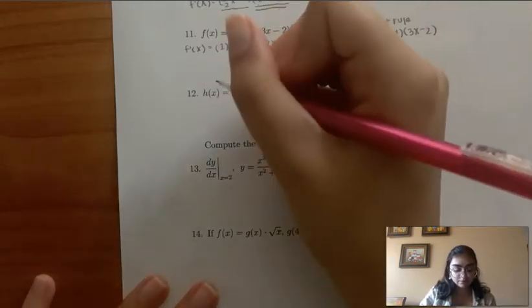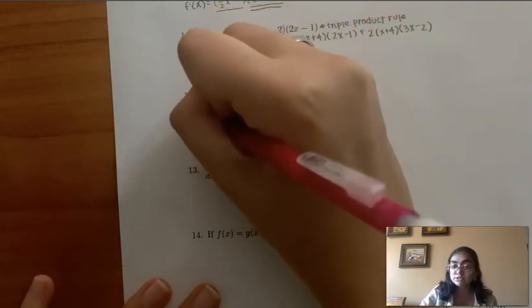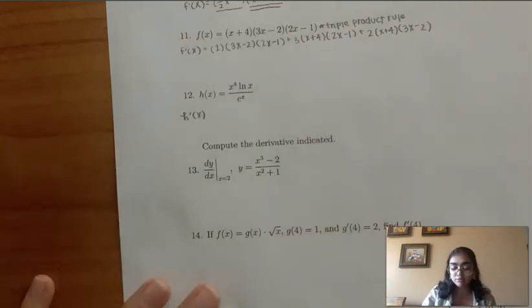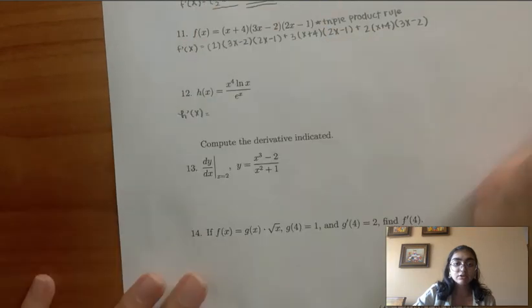All right, so as you can see in this problem, we have both a product and a quotient. I like to think of this problem as a product within a quotient. So the general idea is we should look at it as a quotient. It's just that the high component of the quotient is a product, so we're going to have to use product rule to find the derivative of the high part. So if we just follow the saying low d high minus high d low over low low,